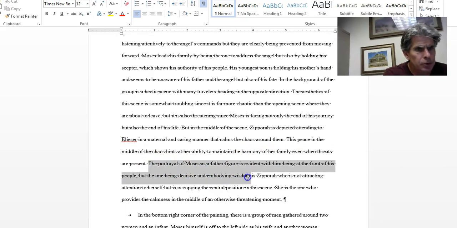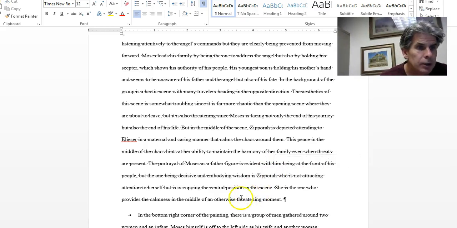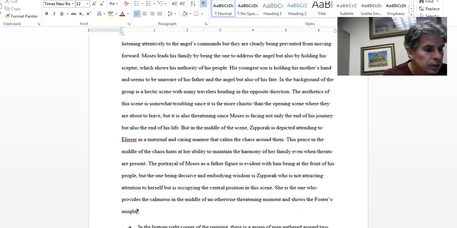The portrayal of Moses as a father figure is evident with him in the front of the people, but the one being decisive in embodying wisdom is Zipporah. That contradicts Foster. You know what I'm doing? I'm saying, Foster, you're wrong and I'm right. That's what I'm doing here. She is not attracting attention to herself, but is occupying the central position in the scene. She is the one who provides the calmness in the middle of an otherwise threatening moment, and shows that Foster's insight misses her centrality